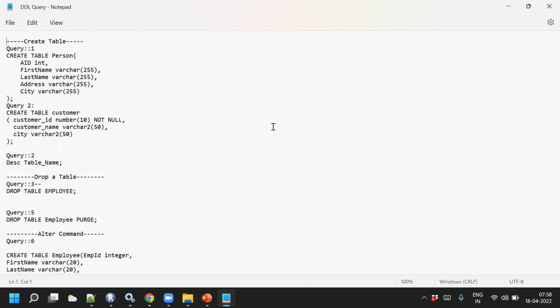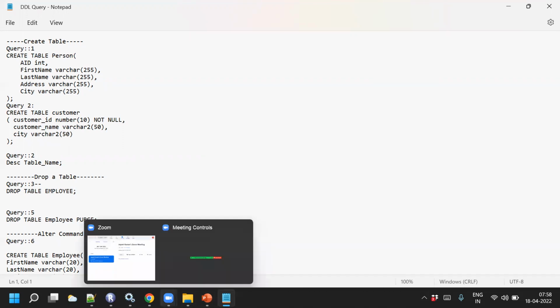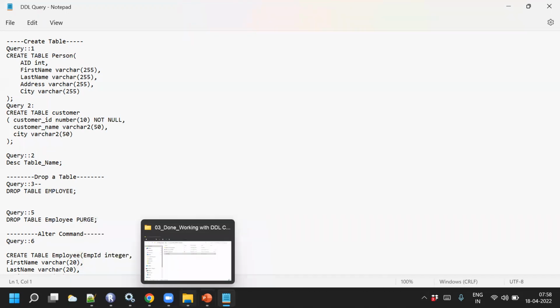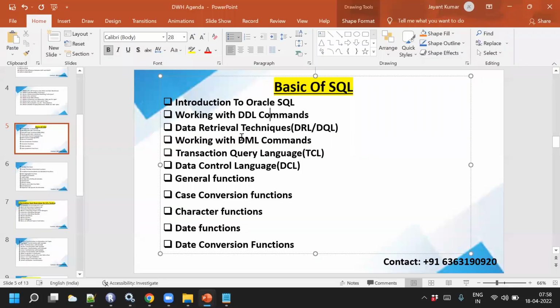But my expectation is that once we finish the class, you sit for 2, 3, 4 hours and practice as much as you want. You will be able to do it. Just don't leave it. Okay, if you say today we will not do it, tomorrow we will do it, and you keep doing that, then tomorrow it will again be 2 classes together and it will be difficult for you to complete it. So in SQL, what we will see: introduction to SQL,